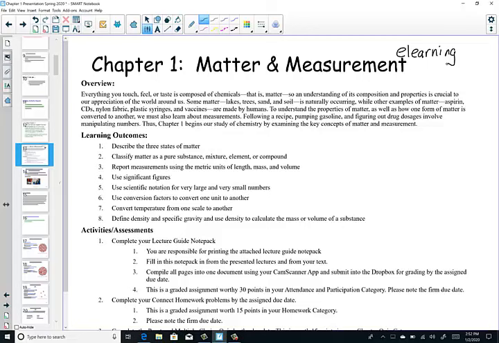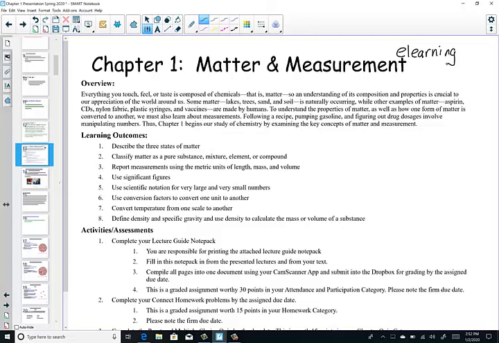So it gives you an idea that an understanding of matter is critical to understanding how matter changes from one form to another, which really is the heart of all chemistry. We begin that journey by understanding measurements. To follow a recipe, to pump gasoline, or to figure out drug dosages, it all involves manipulating